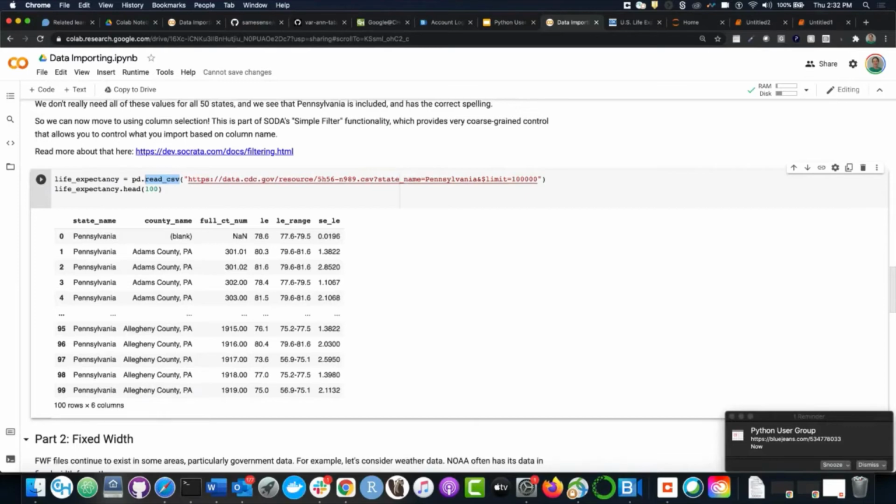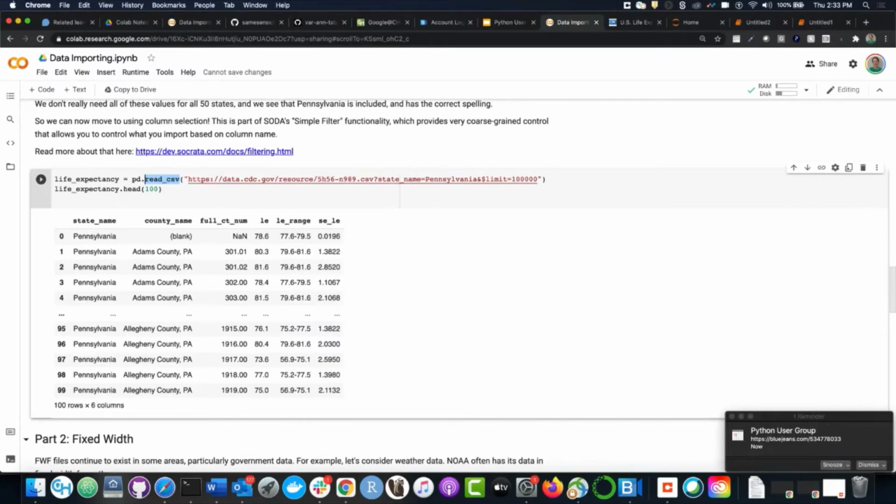All right, now let's jump into fixed width. So fixed width format, this is something you'll see a lot with government data. NOAA is the common source that people use in examples, and it's the source that I'm going to use here. Fixed width format goes back many, many decades in early computer systems, and you still see it today. So you may run across fixed width, and this can be challenging for a number of reasons. It is not as rigorously defined as other formats. So my fixed width format and your fixed width format may be very different.